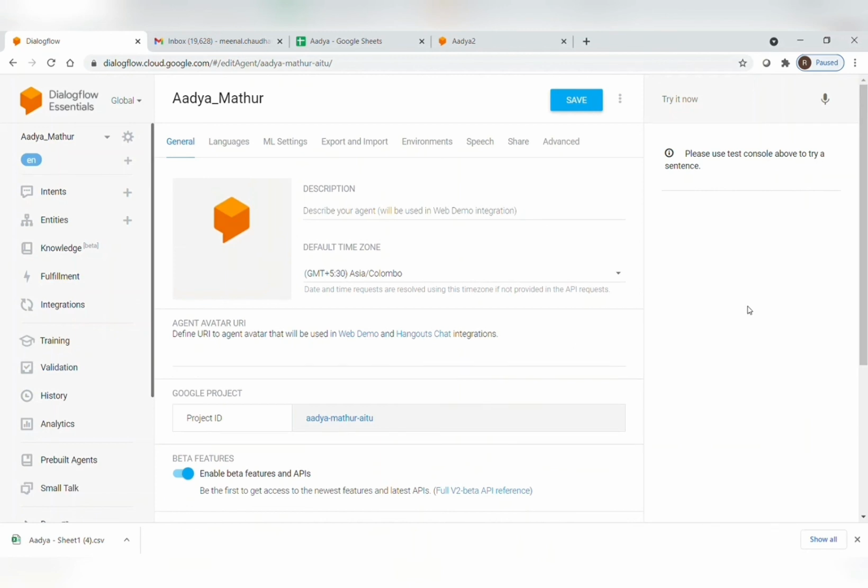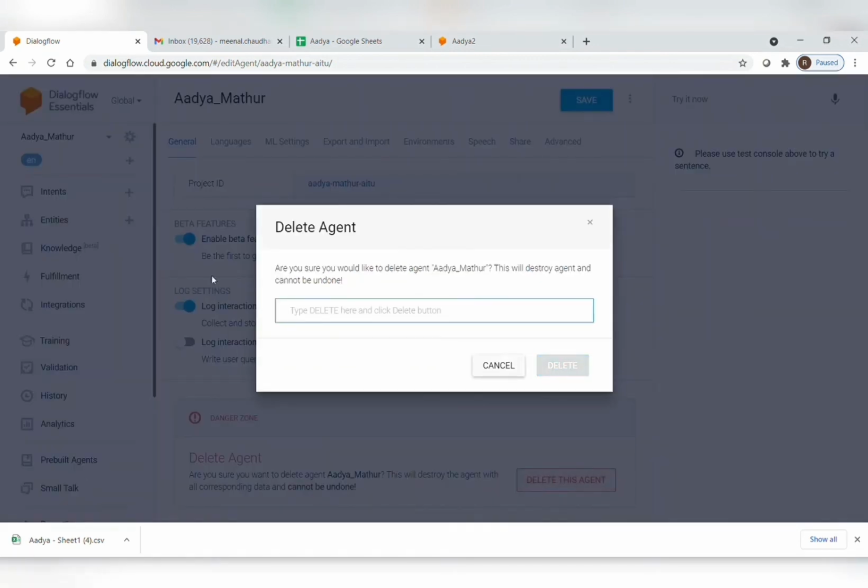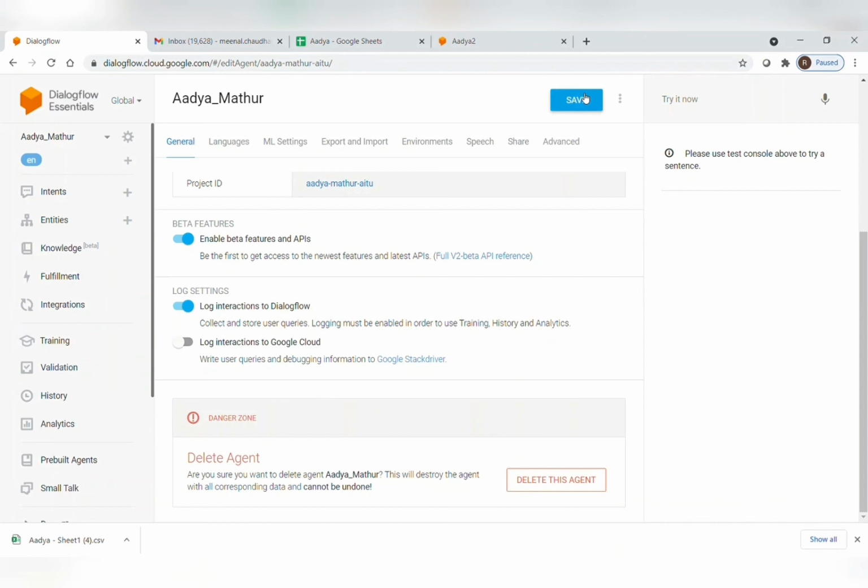You can go to Google and take any. So I also created a bot about Punjab, and I updated the profile picture of my bot. So you basically have to copy a URL from Google, copy the image address, and then paste it and then save. But if you want to delete it, go to delete agent, delete this agent, and type delete in capital letters. Well, I'm not deleting it right now. So I'm now going to show you. Well, you can save it.